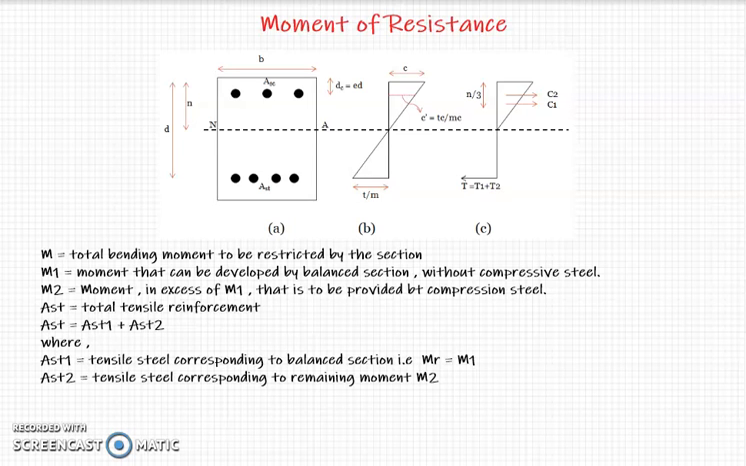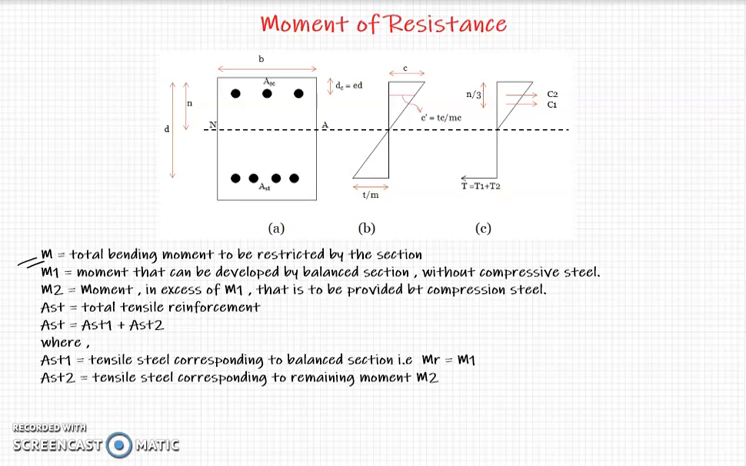Welcome students. We will start with the derivation for moment of resistance for a doubly reinforced section. As I already mentioned, in a doubly reinforced section, we have area of steel in the tensile zone and also area of steel in the compression zone. So here, if we consider the total bending moment as M, it will be split into two parts,